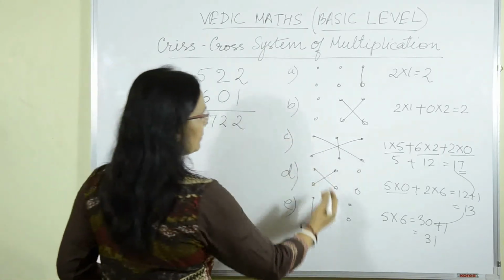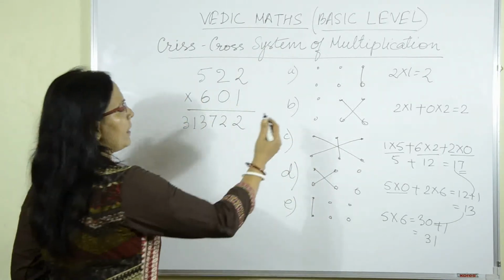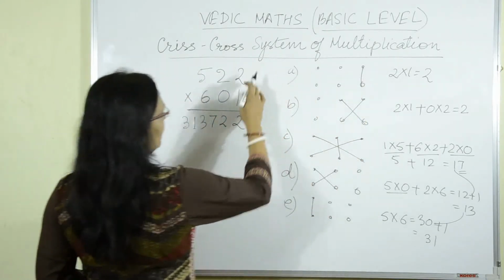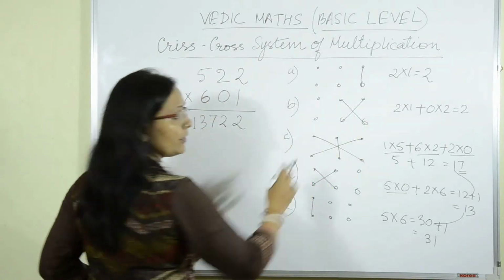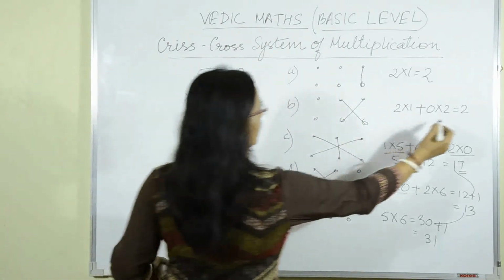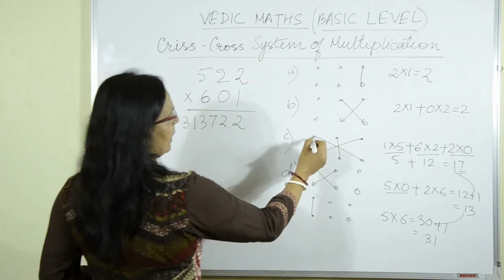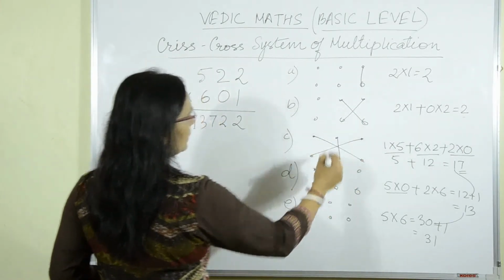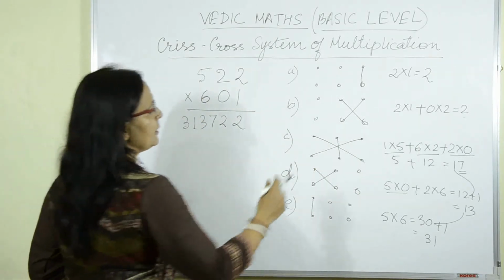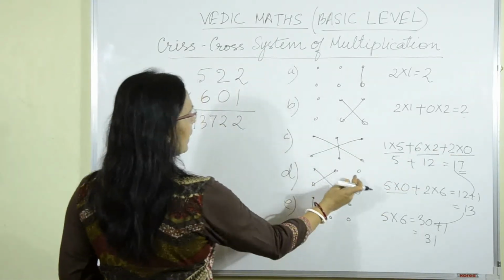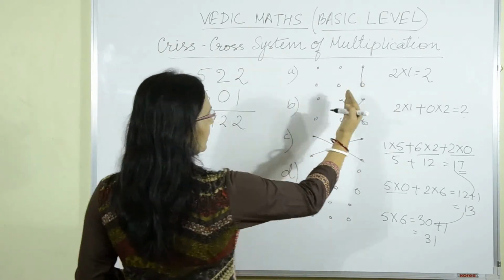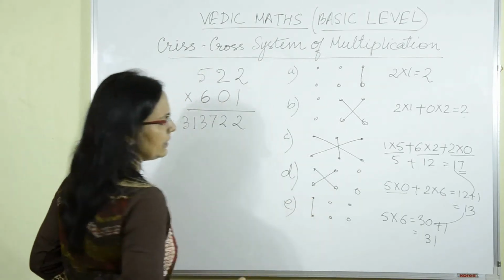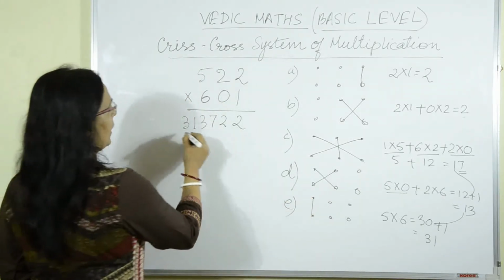Now if you see the steps, what have I done here? I have started from the right hand side here. First I have multiplied the numbers here. Next I have made the crisscross and then I have added them up to get the number. Next I have done the crisscross with the 3-digit numbers. The cross and the middle ones are again multiplied and then added. The fourth one, I shift the order. I am gradually shifting my place from right to left, and then I am ending with the last one. So that is how I do it.